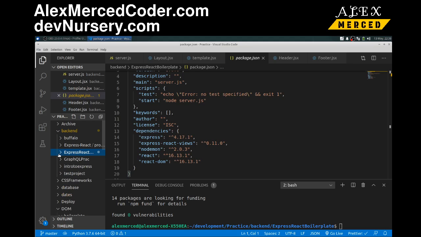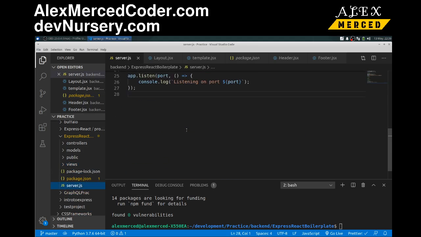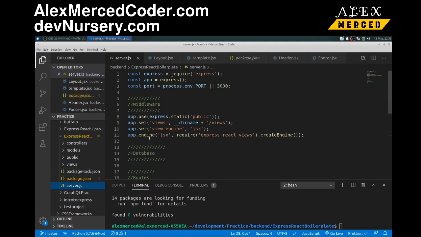So yeah, that's how to create your boilerplate that you can use to create these projects, similar to the ones you've seen me do in the videos about Express React views. But this way, again, it's just easier. You have your folder structure set up. You've got your public folder set up. You have your basics for your CSS in there. You have all your views structure laid out. You have your dependencies in your package.json. Your server.js is pretty much all set up. So you can just focus on actually building out your